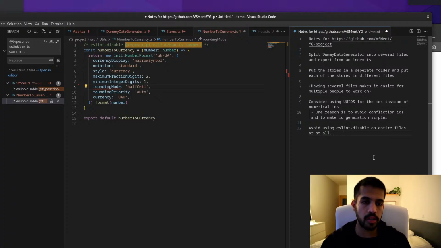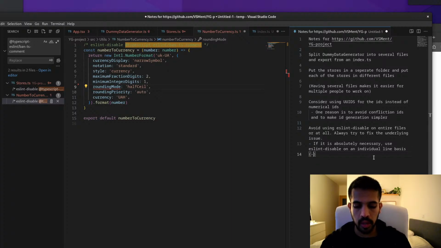Always try to fix the underlying issue. And yeah, if it is absolutely necessary, use eslint disable on an individual line basis.